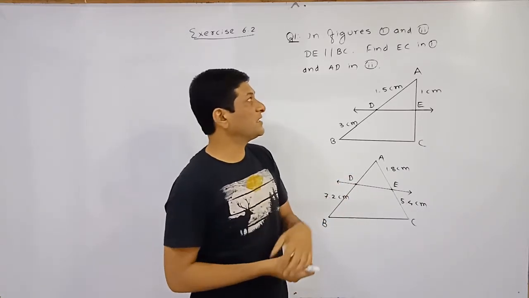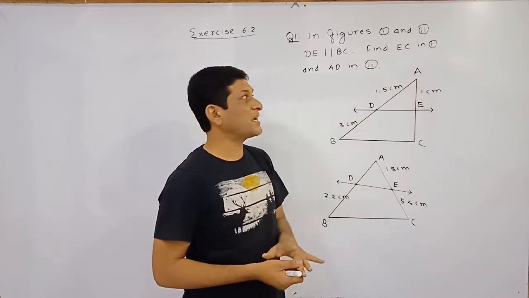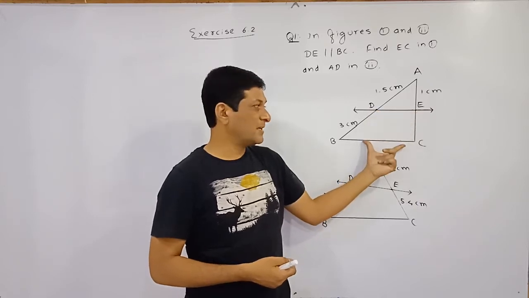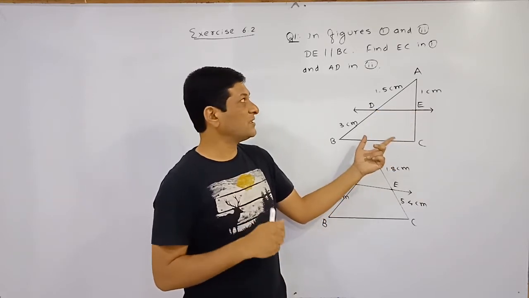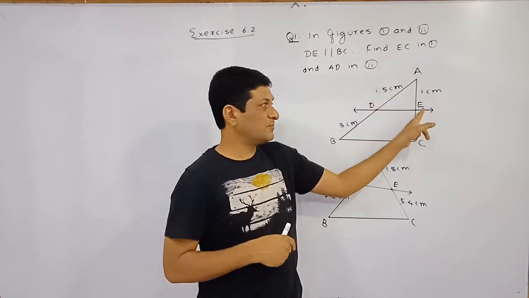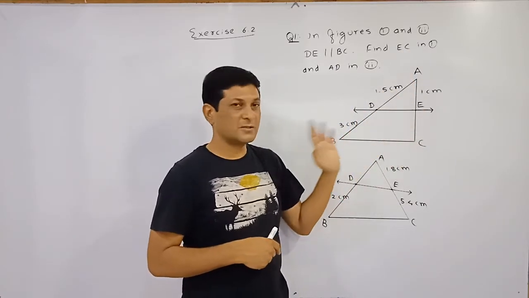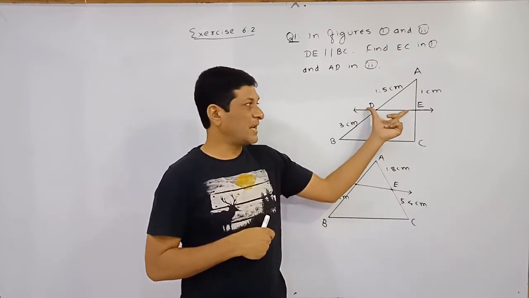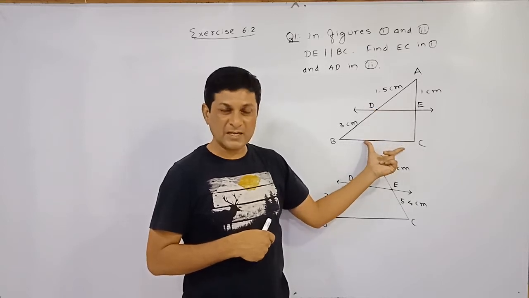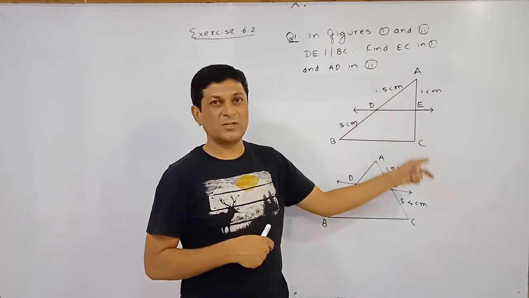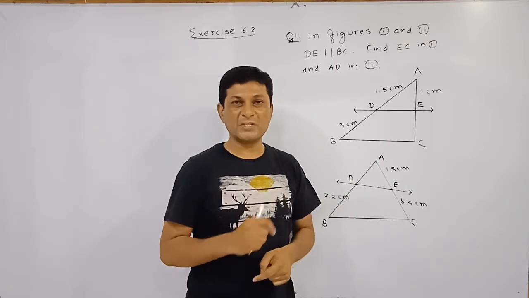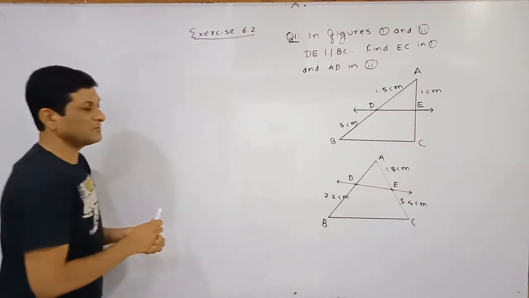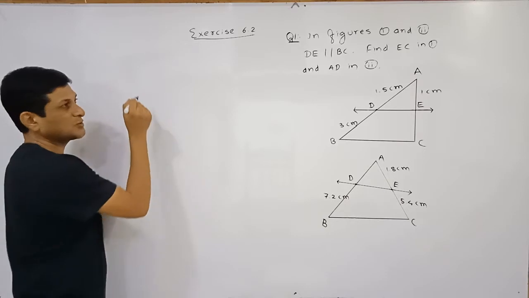So if you observe here, given condition, one triangle is given to us, and in this triangle ABC, DE is parallel to BC. It is given to us that this DE is parallel to BC, and using this the question is to find out EC. Length of these three parts is given to us. And according to basic proportionality theorem, if one line is parallel to a side of a triangle, then it divides other two sides in the same ratio. So using basic proportionality theorem, we are able to find out length of EC. So here we are applying basic proportionality theorem to solve this example.